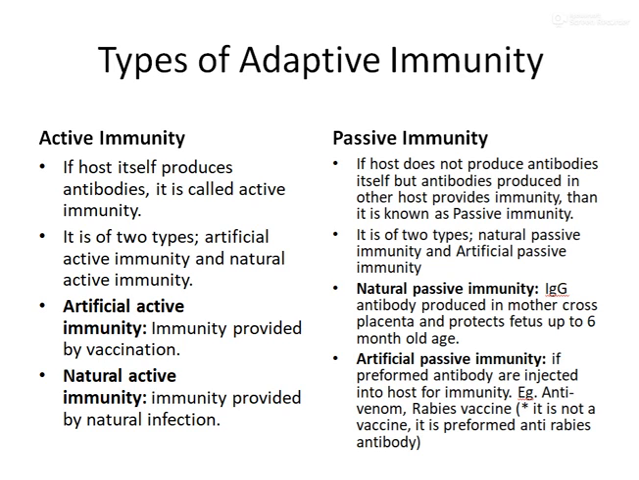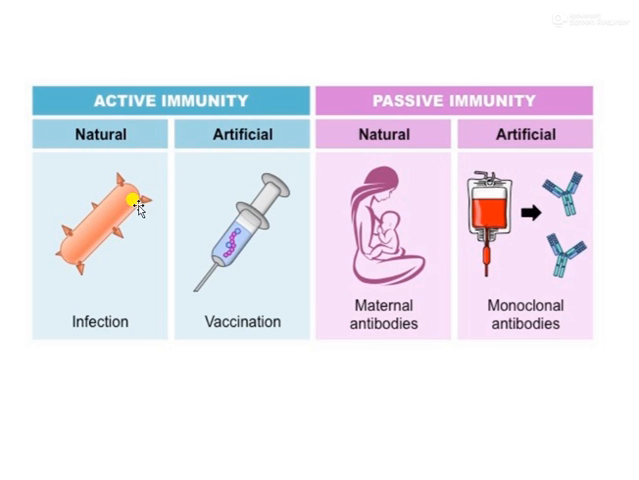And you have the artificial passive immunity, where the preformed antibodies are injected into the host for immunity. Sometimes anti-venom and rabies vaccines are all cases where artificial passive immunity can be developed. So you have active immunity, where natural infection gives you immunity, or